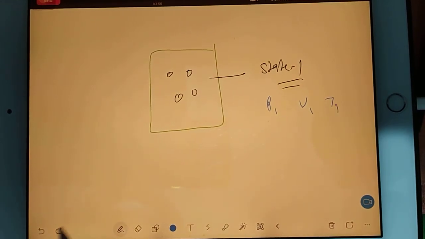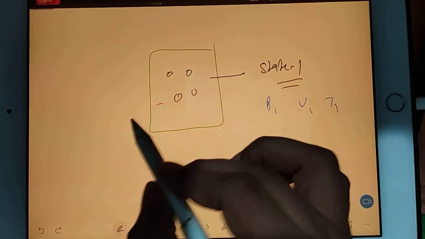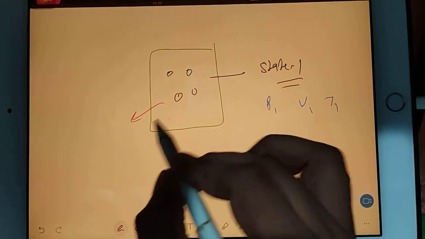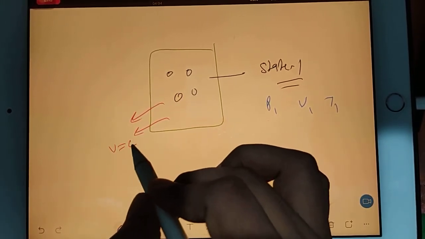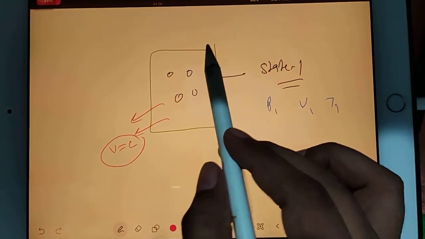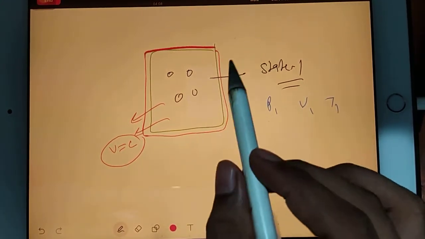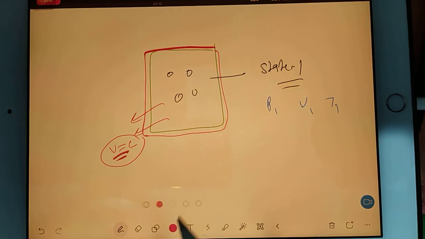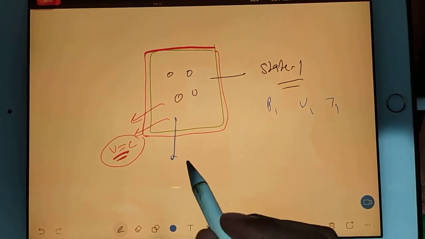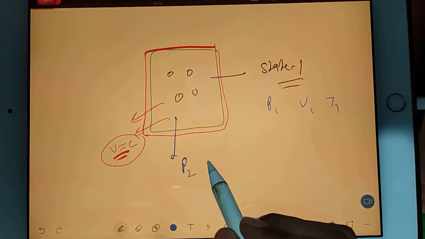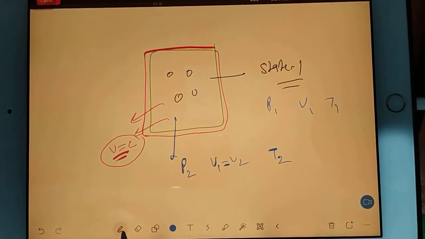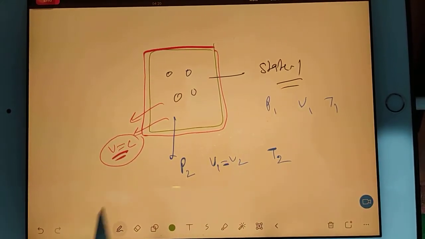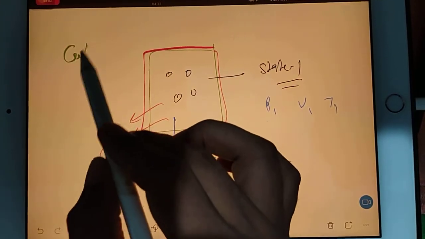Okay. Now see, I am making a change here, but I am making this change at constant volume. It means the size will not change because volume is constant, but because I am changing the state, of course values will change. So P1 will become P2, but V1 and V2 will be the same, no doubt in this, and T1 will become T2.